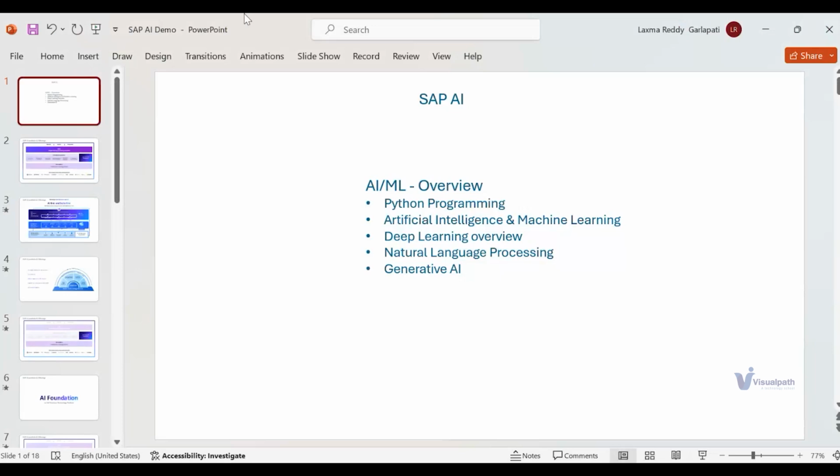So before we get into what is SAP AI, my focus would be on teaching you what is AI first, right? What is artificial intelligence? Now everyone knows what is artificial intelligence, what is machine learning, what is deep learning.